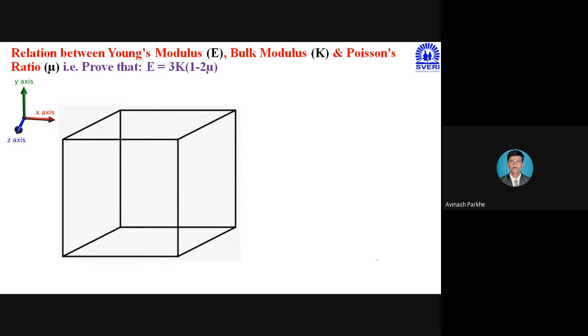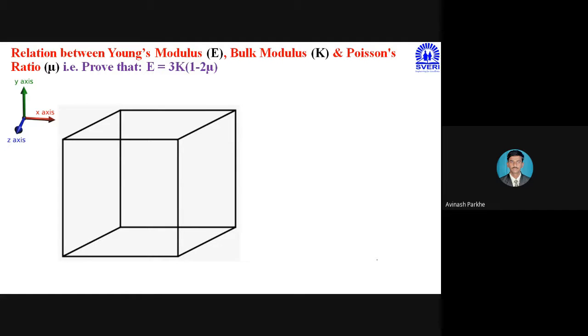So these are the 3 elastic constants which we have to consider in the solution of the numericals, and they represent the material properties. Up till now, what are the problems we have solved? In those, Young's modulus is equal to 200 into 10 raised to 3 Newton per mm square. This is the standard and constant value given. We have to use that constant value as it is for our further calculation.